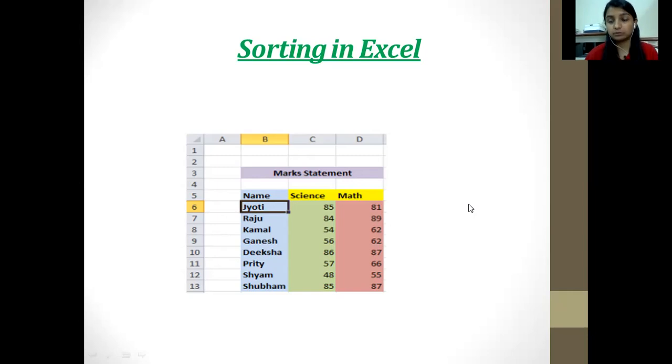But if we have to write it in a sorted form, then we would observe that Diksha would be coming on the first place and Preeti would be coming on the second place as per the order of the alphabets and numericals. Here you can see that science marks is also written in this form, that is 85, 84. This we can also sort according to the numerical form.